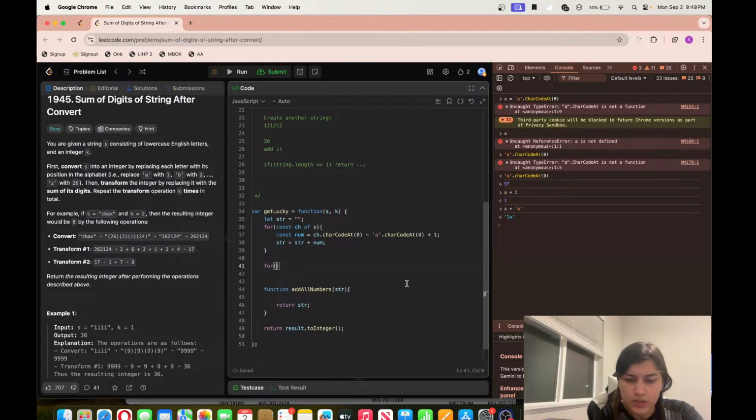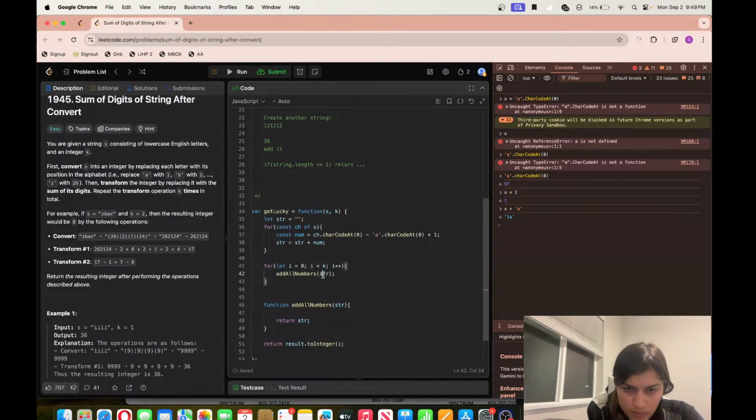So for 0 is less than, plus plus, because I need to do it k times from 0. So if k is equal to 1, then I will do it one time. So what I need to do is add all numbers and then pass string, and my string will be equal to this one,